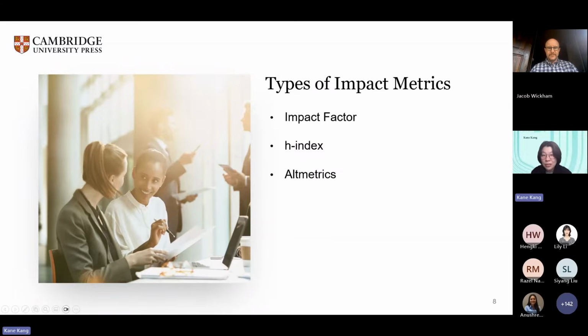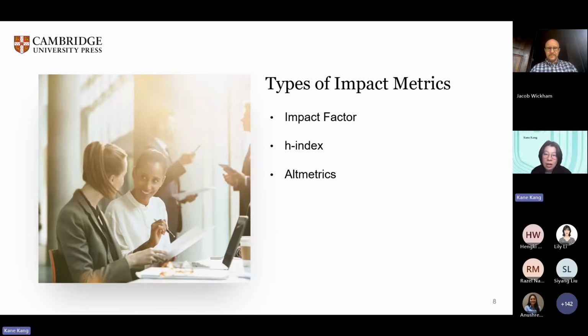They also have the H5 index, which is the H-index of only the articles that were published in the last 5 complete calendar years.